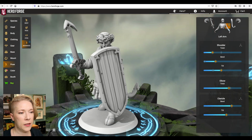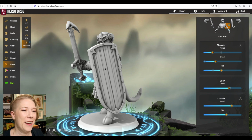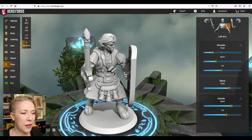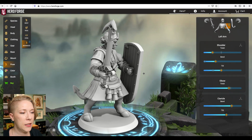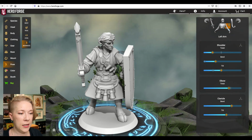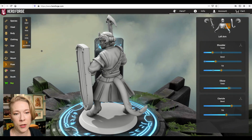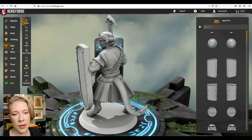Okay, so looking at this mini, it looks like, hey, I've got my shield up. You can only see my eyes. But what we've done is made it a bit difficult to get the inside of the shield here, as well as the insides here. You just have a few less options, and especially if you were to go and add